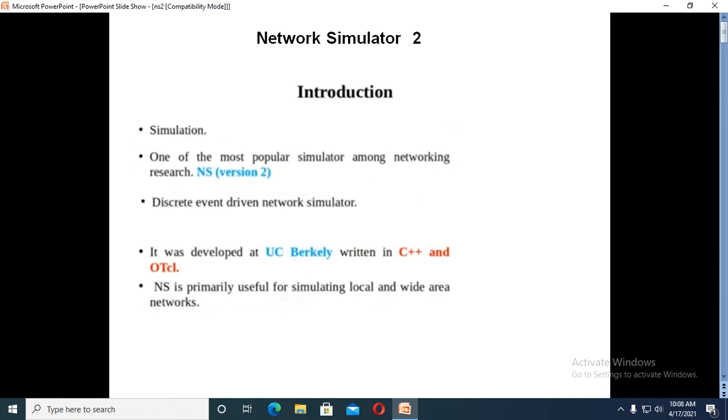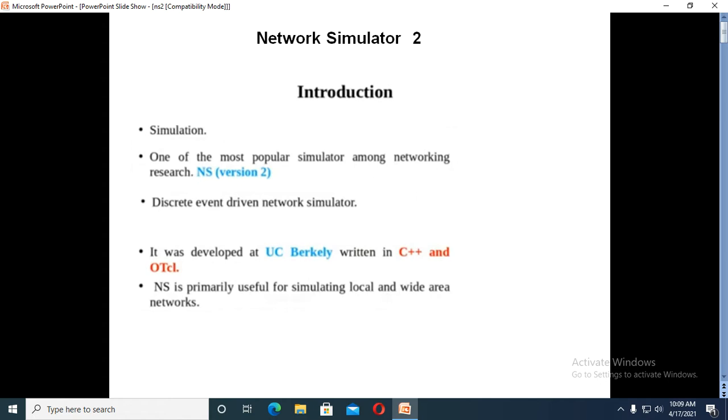So what is this network simulator? A brief introduction to network simulators: it helps us to do various programs related to computer networks. Simulator means simulation. In theory, we discuss a lot of things about networks, the nodes, the source, the destination, and how you transmit the packets. But how do we actually test and visualize all those things? That is what we can simulate.